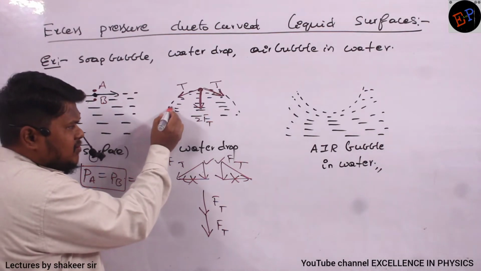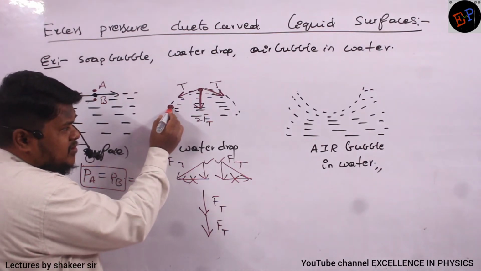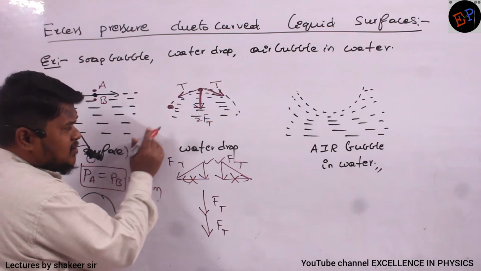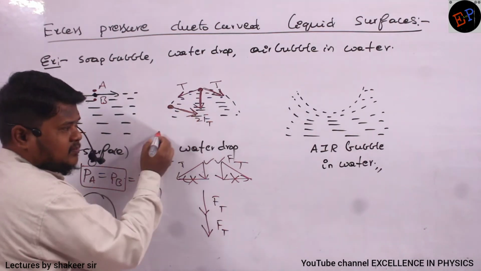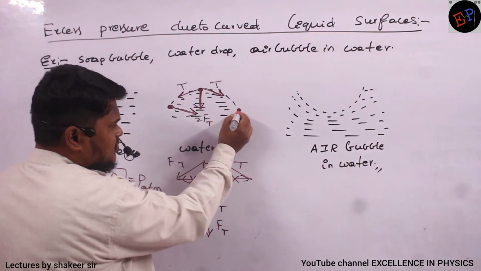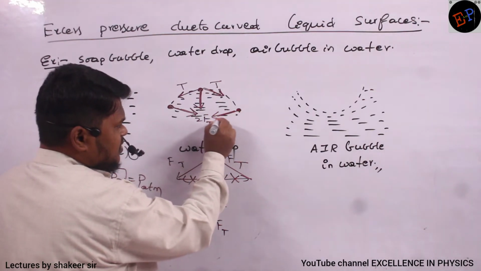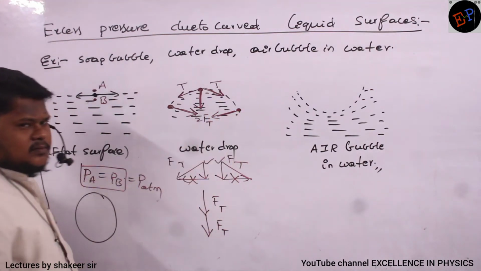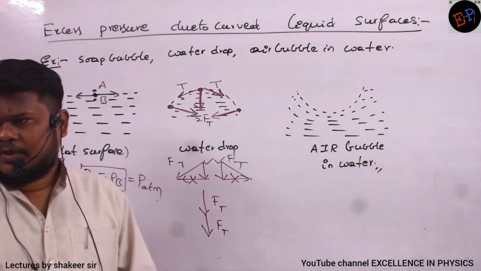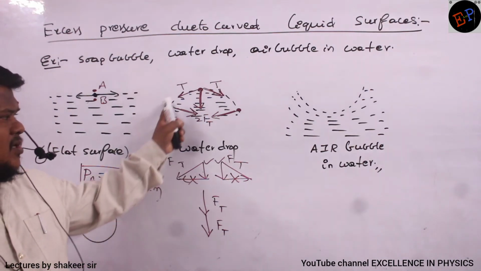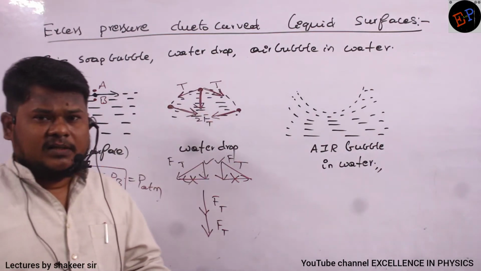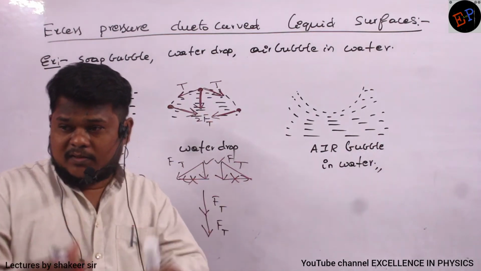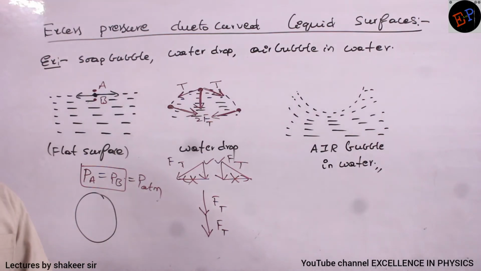Similarly, here if you take one more molecule, on this molecule also surface tension forces will be there, no? They are also trying to pull the molecule towards the center. Clear, no? Similarly, if there is one more molecule here, this is also experiencing some net force towards the center. Are you able to understand? So what all these forces are doing is trying to compress the water drop.